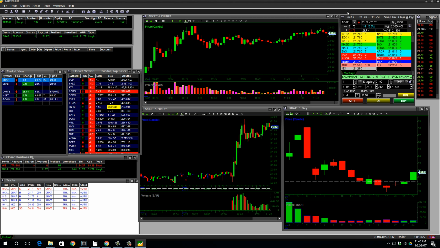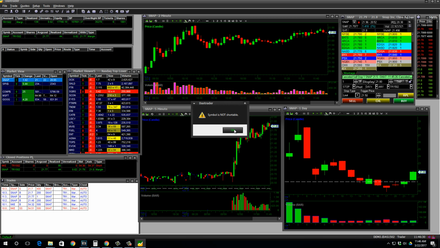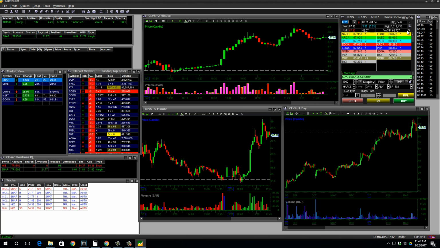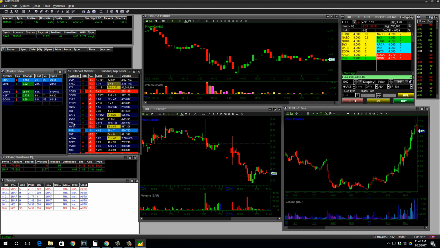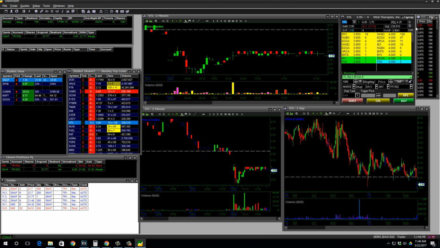Now to see if the stock is shortable, you go to this side of the box, you click there, and it's going to say symbol is not shortable. If it's shortable, it's going to be an S. Let me show you with CLBS. See, you have that S in here. Now let me check that. If you got an S, sorry,